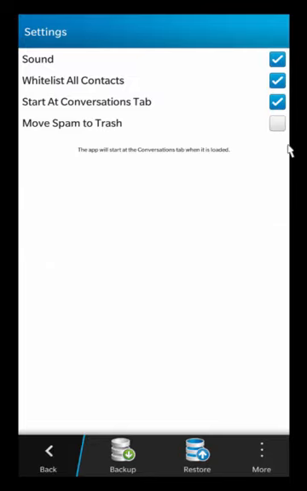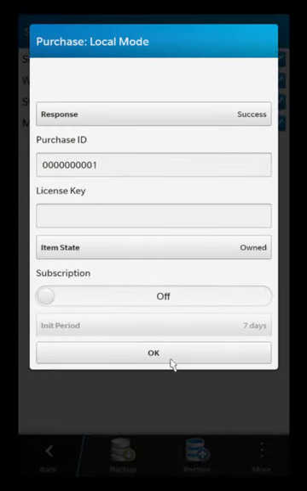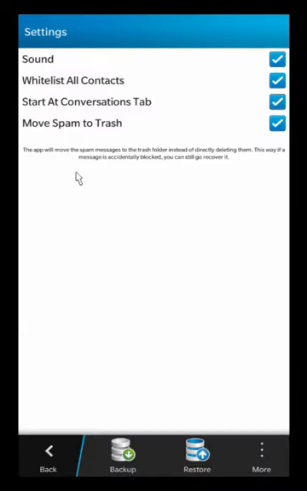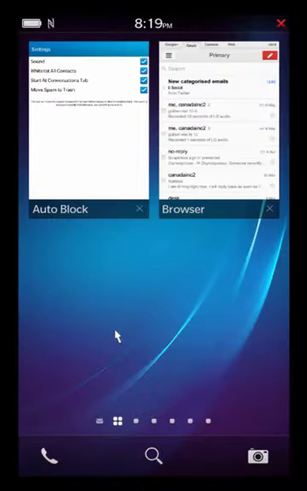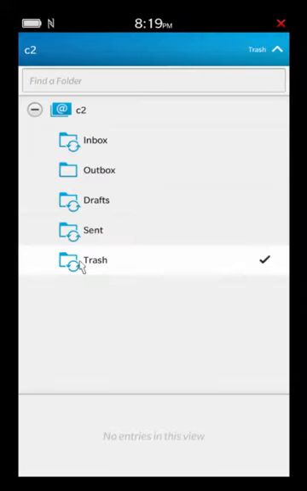So as you saw so far, every single spam message actually. So this is a purchasable feature as well. So if you turn on move spam to trash, as you notice so far, all the messages have been permanently deleted. But what you can do is, if you go to your trash,